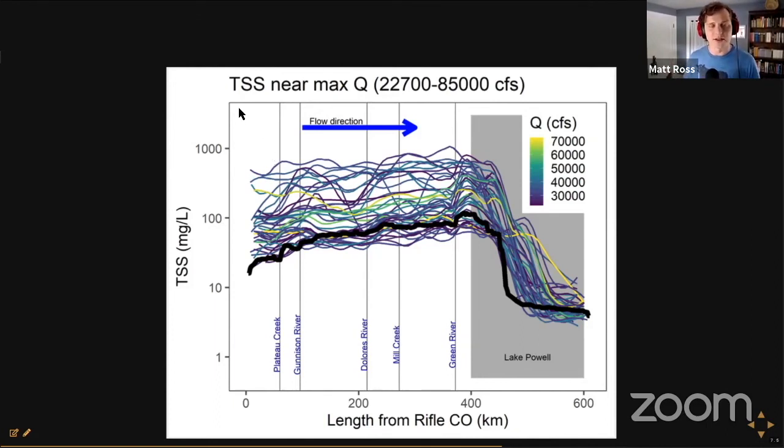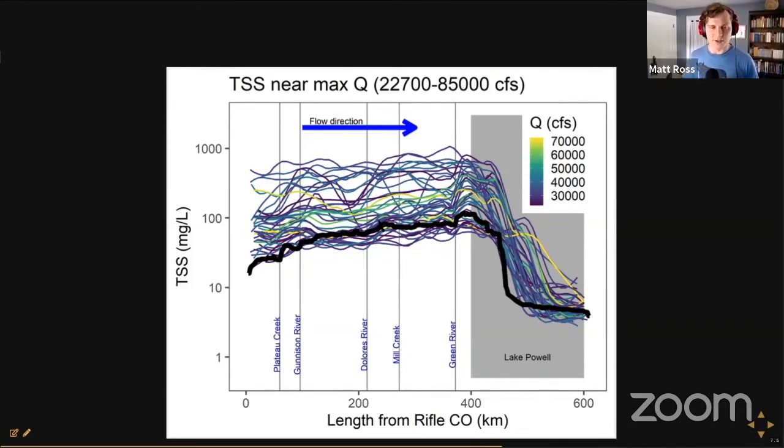So when there's a Landsat satellite overhead and it's relatively cloud-free. So this is just the total suspended solid concentrations going from the upstream that we just saw up near Grand Junction all the way down to Lake Powell. And this is just near the max discharge of the Colorado River. And what you can see here is relatively consistent lines where we're basically increasing sediment. You can think of this as snowmelt in this region, where all at once the whole landscape is wet and supplying a bunch of sediment downstream, and it's consistent. As every river comes in, you have a relatively consistent increase. In black is the average condition. And these individual lines are different days, but they mirror the average condition.